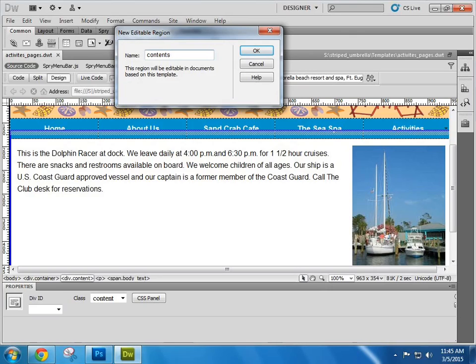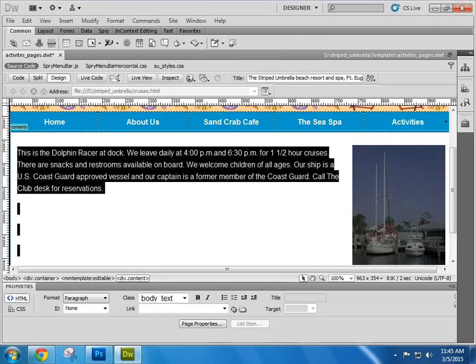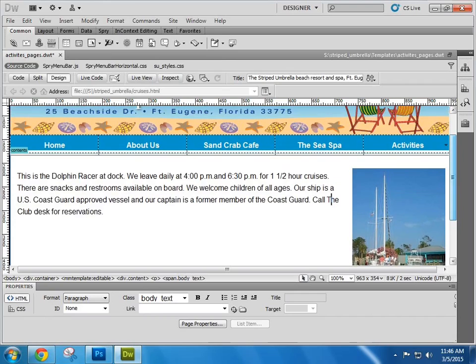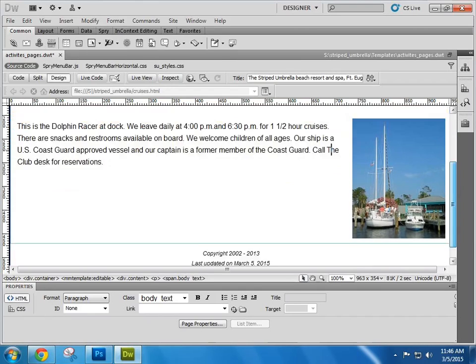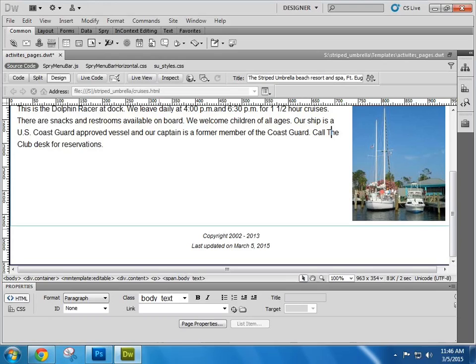Okay? That's the name of the editable region that we want. And we're going to click on OK. What happened now is that you get kicked back down to the DWT file on the document window. Let's see what changed here. You're going to notice that now you have this little green tag with the name contents in there that you didn't see before. You also see this little light blue outline